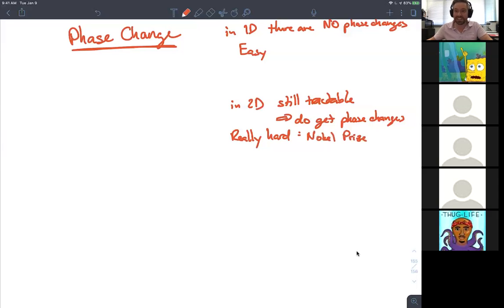So presumably you're still going to get phase changes, but it turns out that once you go to 3D, that's when you're talking about ultra galaxy mind kind of type people being the only ones who can solve this, right? So this still has not been done. I don't believe it's rigorously been shown exactly what happens in 3 dimensions. So, again, if you can show it, I'll buy you a Coke. Okay, so what we're going to focus on is, okay,